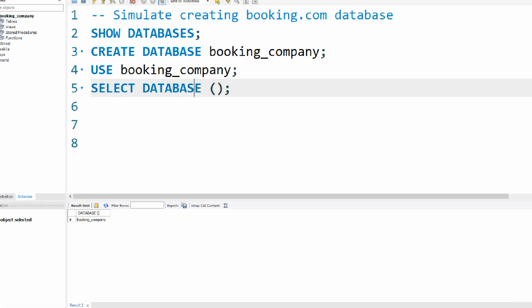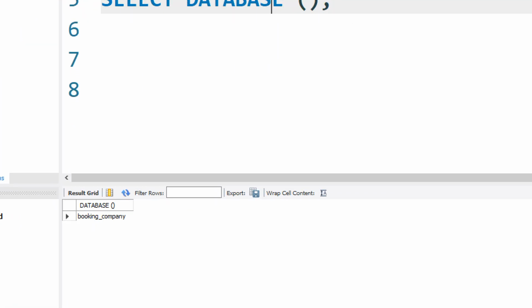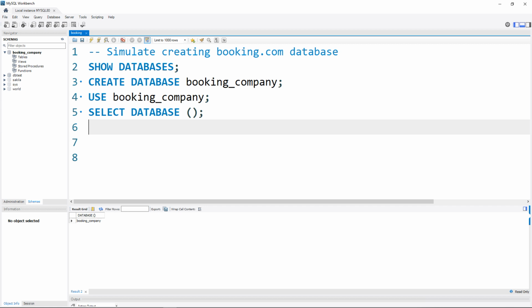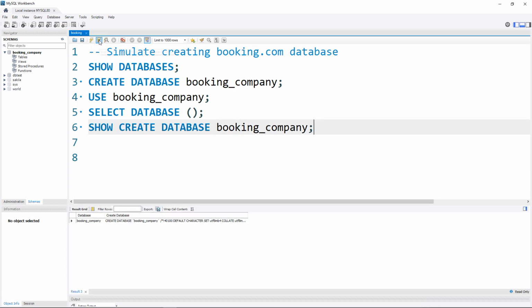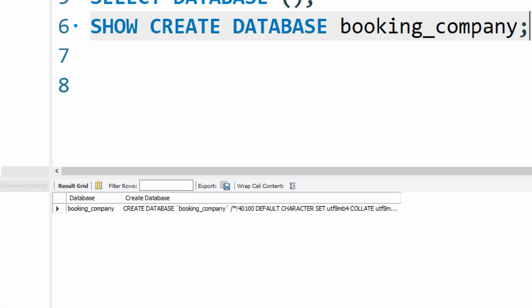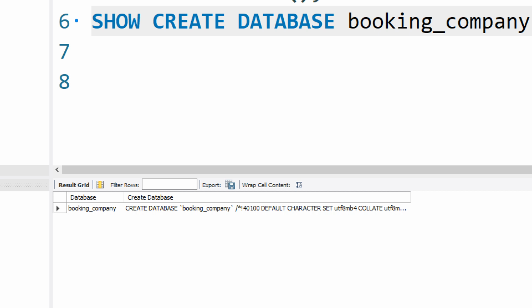And it will show you that the selected or the default database currently is booking_company. Also, there is one statement that shows the create database statement. You say show create database booking_company. All right, and if we execute this statement, you will get here two columns, the database